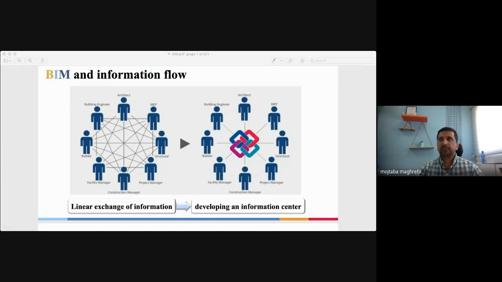I will tell you the countries around the world that obligate using BIM in projects. They have to; they must use BIM in these projects. We have the UK and Scotland, Singapore, Hong Kong, and New Zealand, where it is mandatory. Some of the countries that are encouraging the construction community to use BIM in